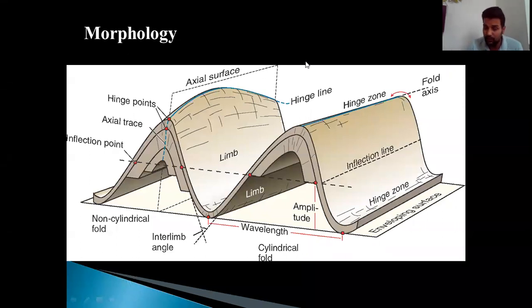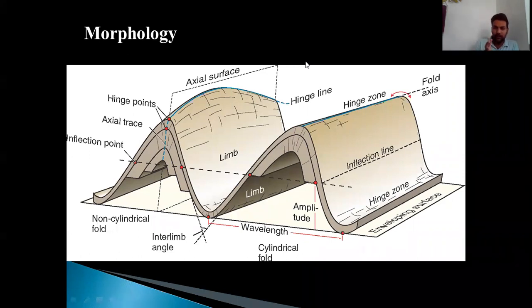Even the plunge, when we studied the plunge, we saw how the fold shows the plunge, because it measures the angle between the fold axis and the horizontal surface. So this was about the morphology of the fold. Okay, so we'll just revise it